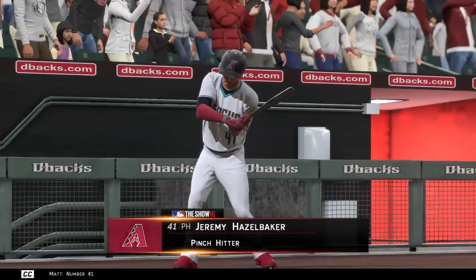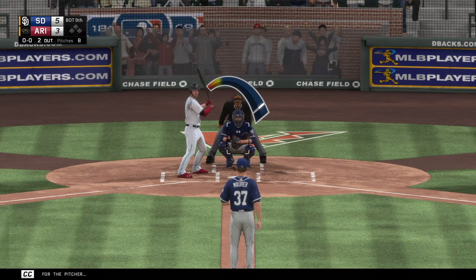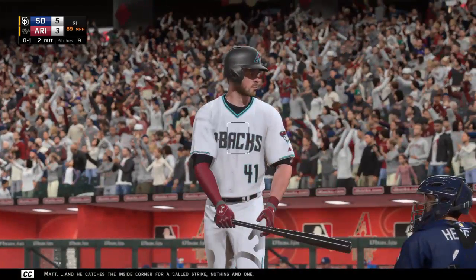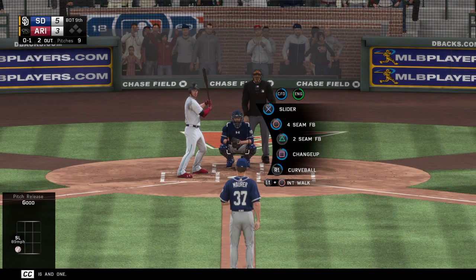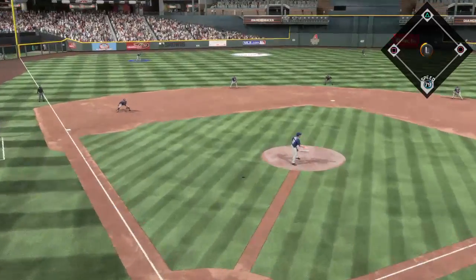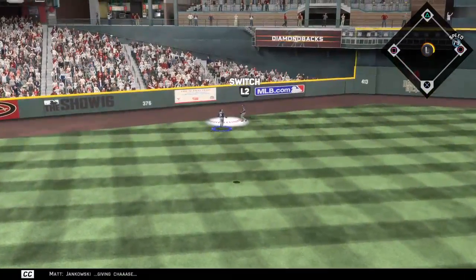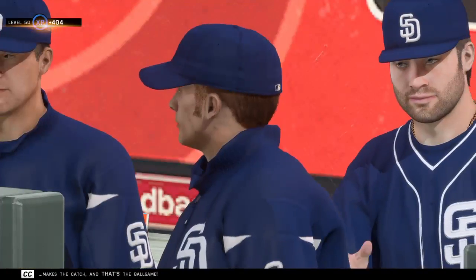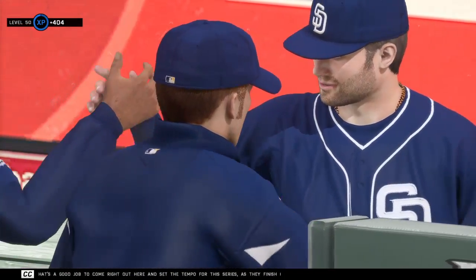Number 41 will get the call here as he'll hit for the pitcher. Number 41. And he catches the inside corner for a called strike. 0-1. This is hit high in the air out toward left center. Jankowski giving chase. Makes the catch, and that's the ball game. Yeah, and that's a good job to come right out here and set the tempo for this series as they